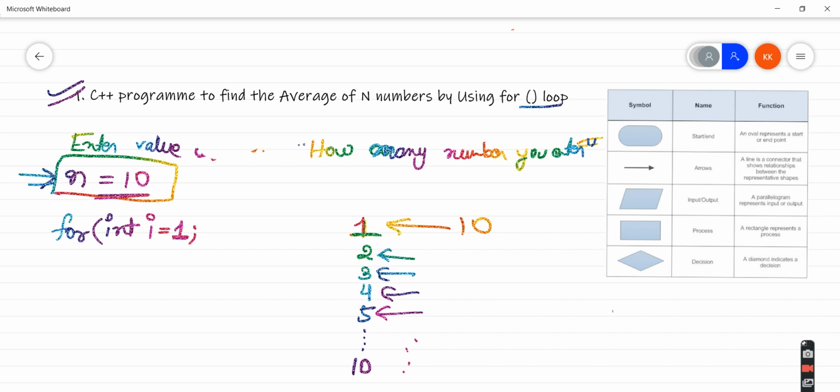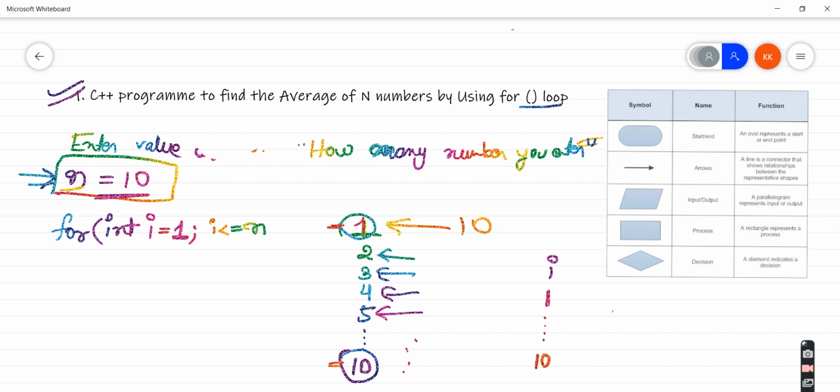1. Now how many times do I need to continue this process? 1 up to 10. So i should be less than or equals to n, because we have 1 including this 10. The i value for the first time will be 1, and this process should continue up to 10.